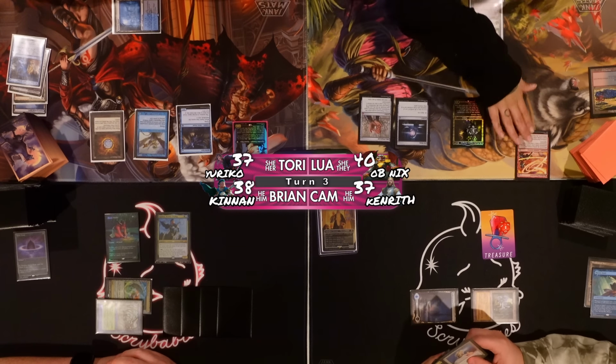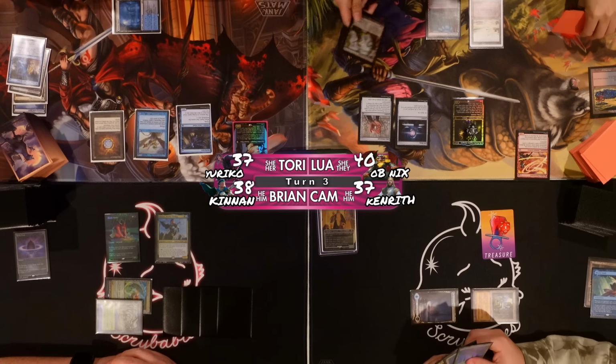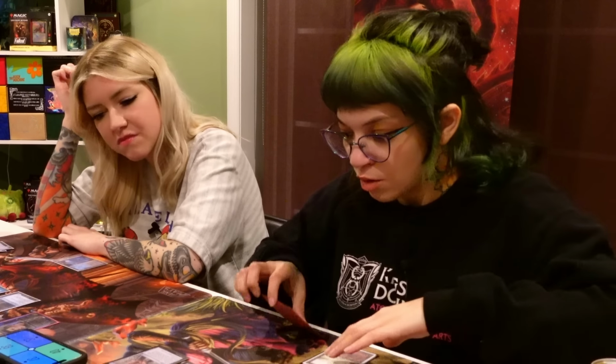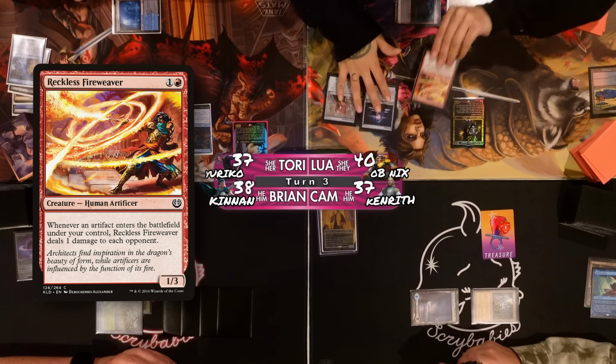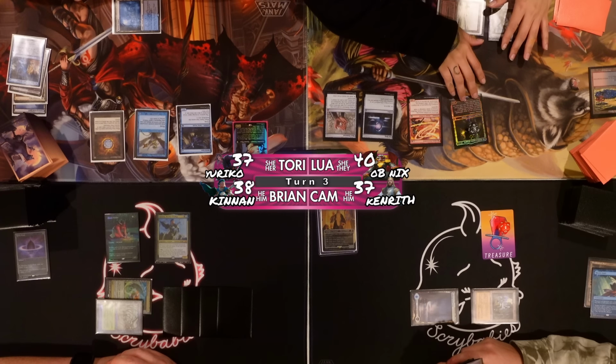All right, so we are going to draw a card. I can play this Reckless Fireweaver this turn. I'm gonna play a Wooded Foothills. I will put out that Reckless Fireweaver. Combat? Yeah, if that's good. I'm gonna swing...